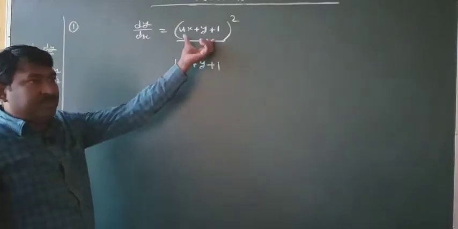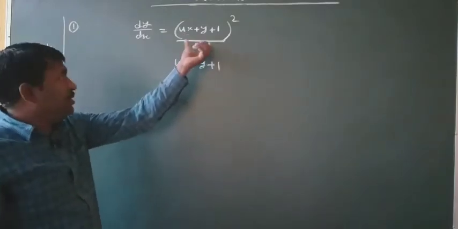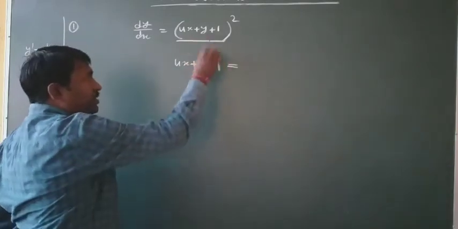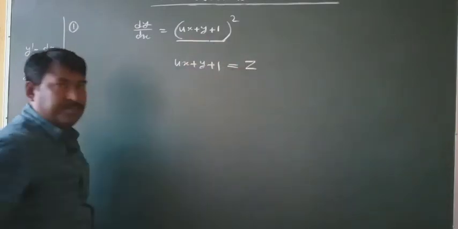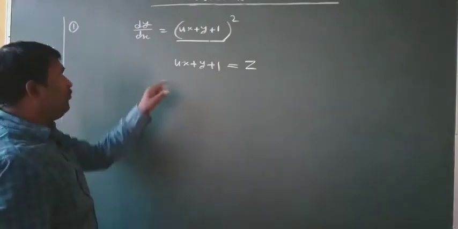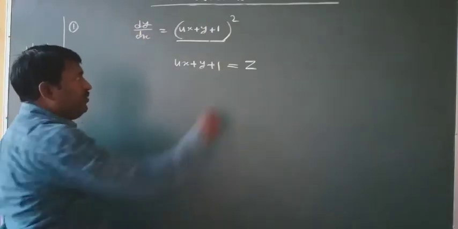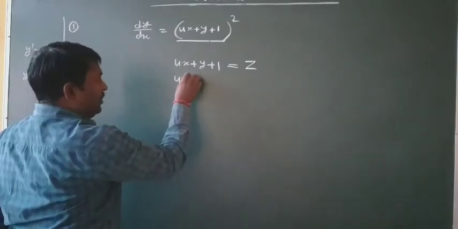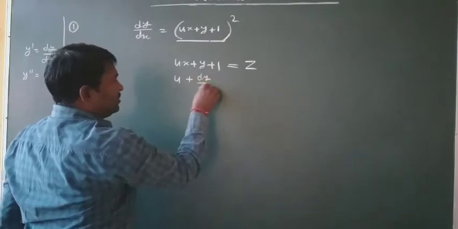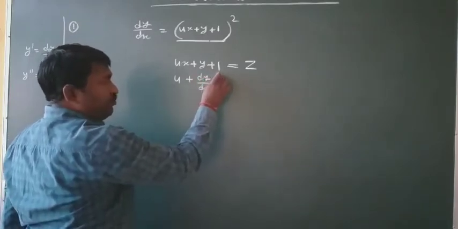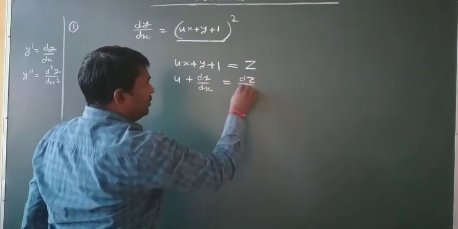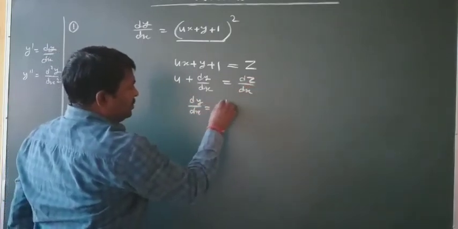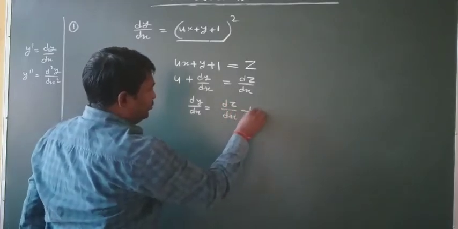Where are you getting problem? I will take some more examples. So just take this total equal to a new variable. Here x and y are there, so let it be z, a new variable. Now find the value of dy by dx. Differentiating with respect to x: 4 plus dy by dx, and the differentiation of 1 is 0, is equal to dz upon dx. Now put dz by dx minus 4 in place of dy by dx.